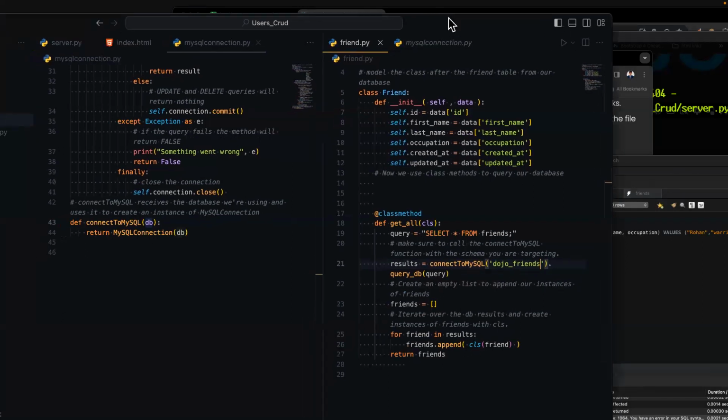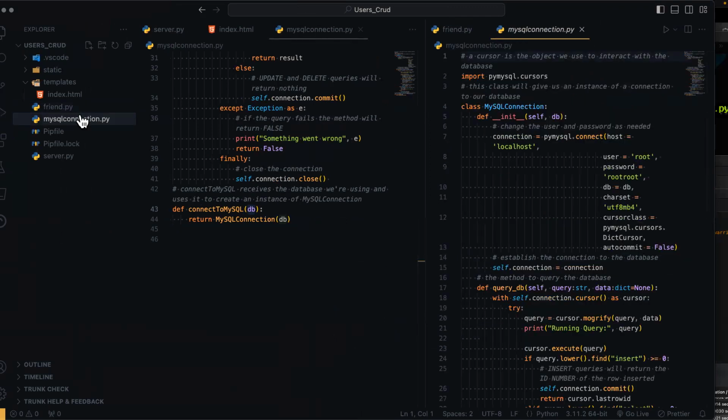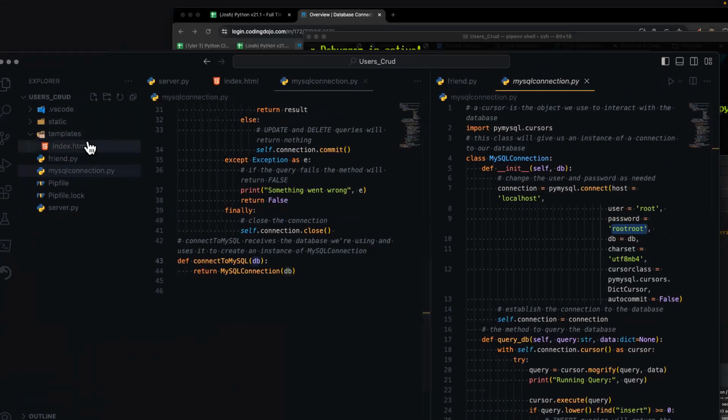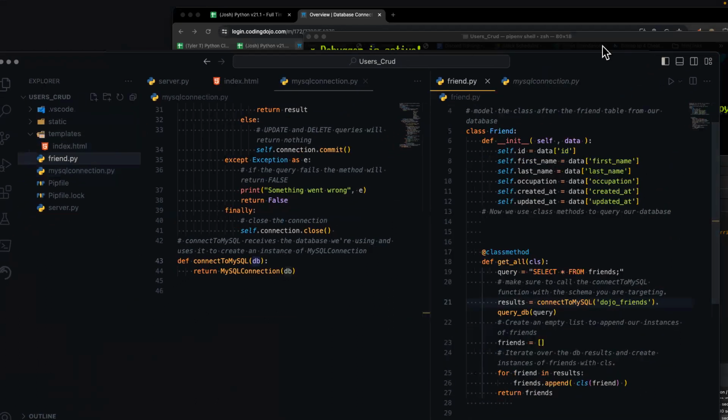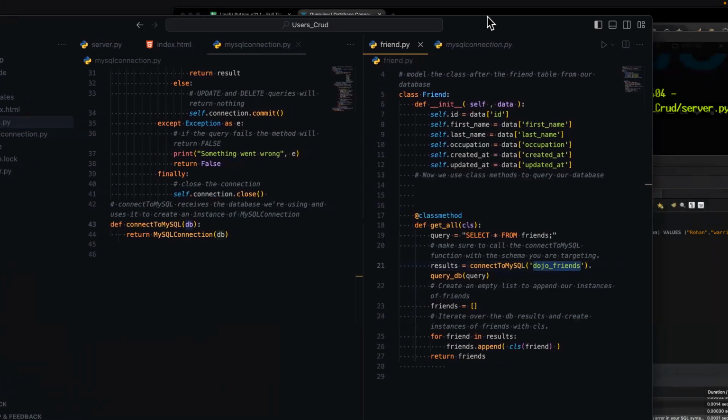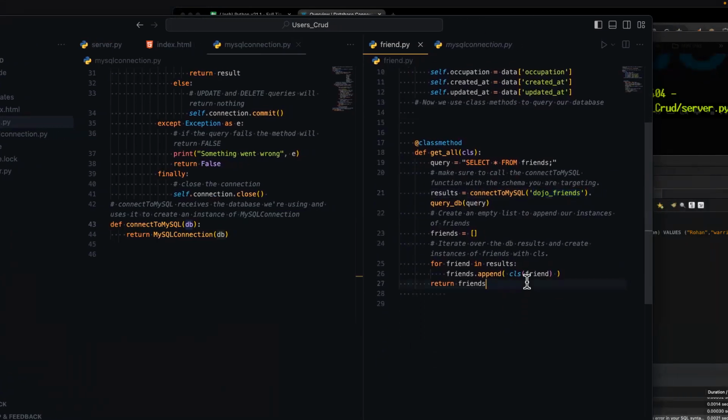Okay, we entered the correct password here in the MySQL connection. We gave it root. All right. And the way it knows to connect to the right database in our MySQL is by giving it that name, that special name that we had named it. And we called it Dojo Friends for this database. And so that's what it's connecting to. Okay. And so now that it's done that,